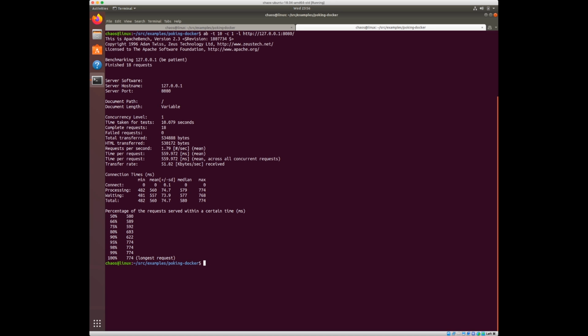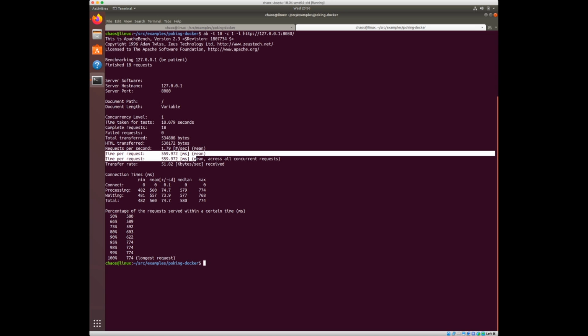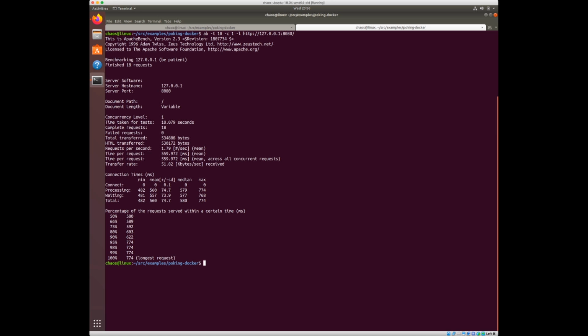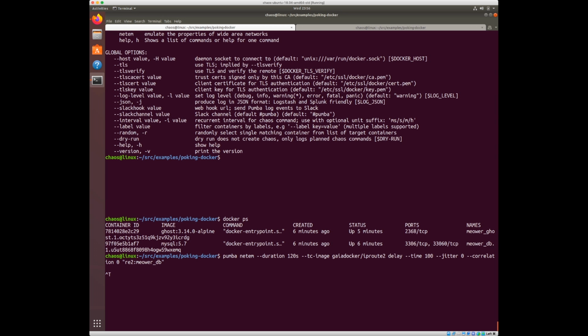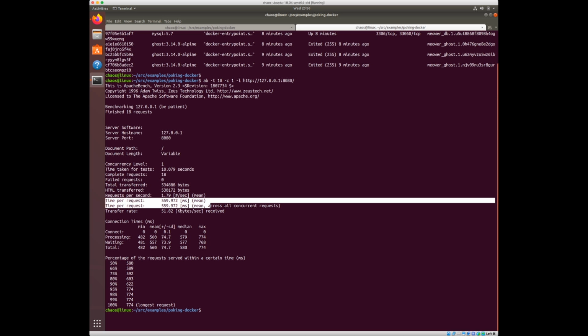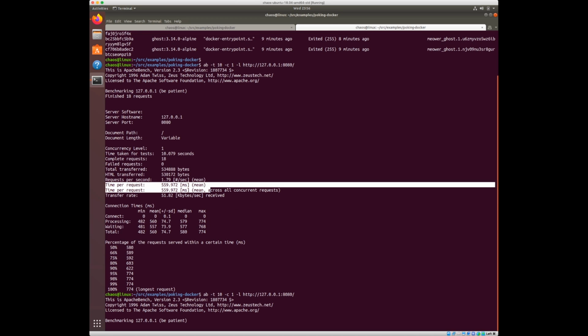And boom, look, we went from 50 milliseconds roughly to 500 milliseconds. So from roughly 200 requests in 10 seconds to just 18. So what happened here, right? We can also rerun that just to make sure that we get consistent results.